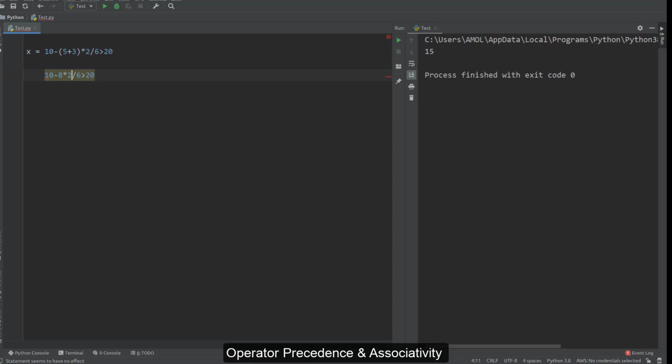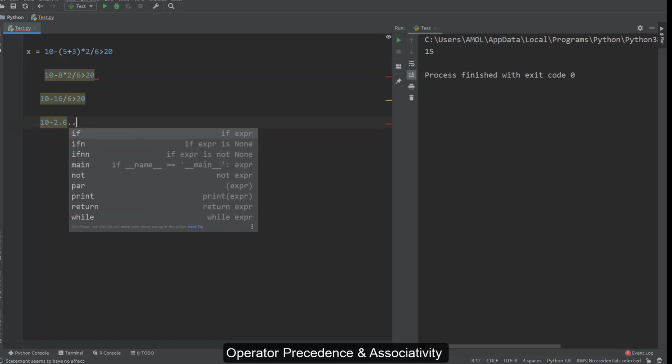Then multiplication and division have higher precedence, and according to associativity, 8 into 2 will work first. So the next expression will be like this: 10 minus 16 by 6 greater than 20. Then 16 by 6 will get evaluated, so 10 minus 16 by 6 is 2.6 something.